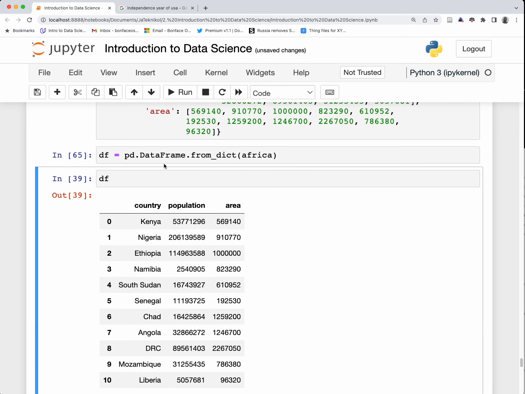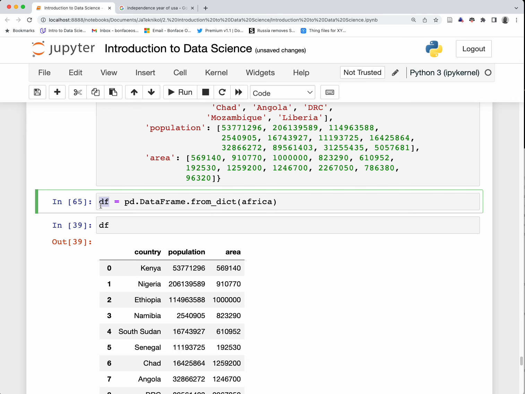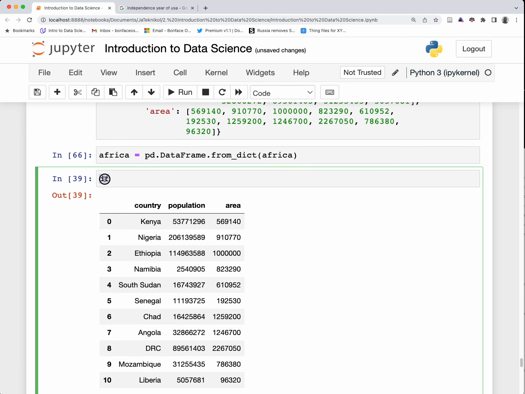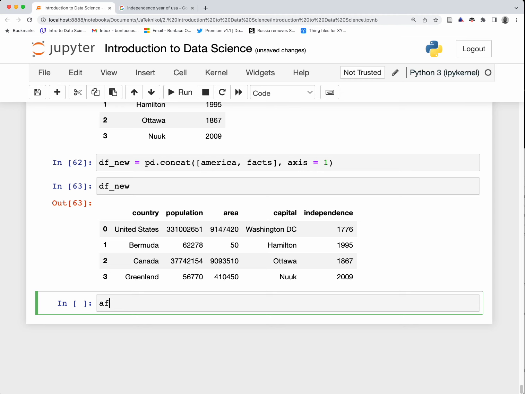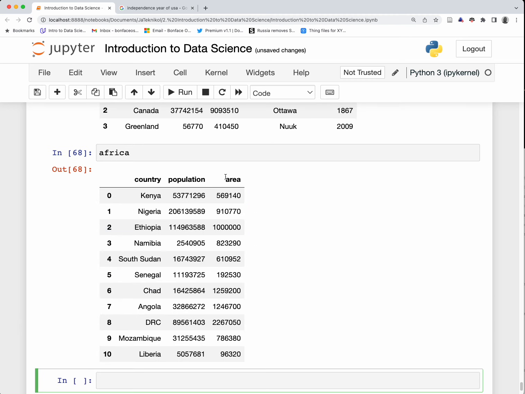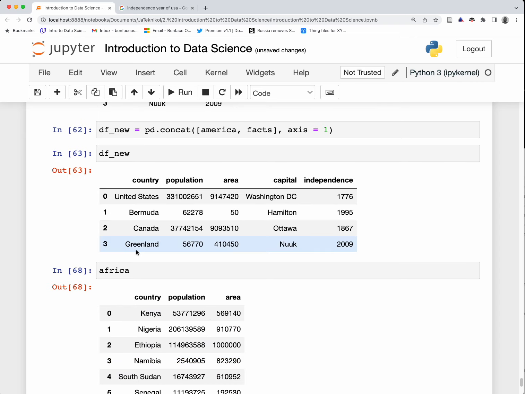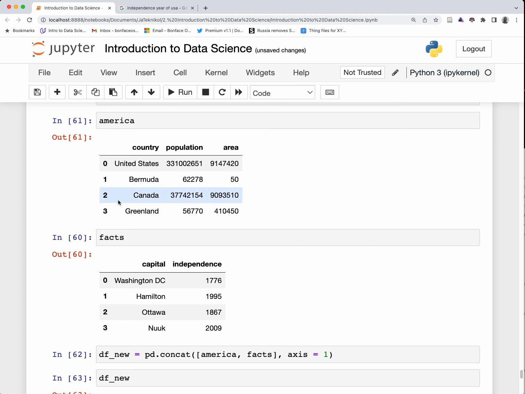Let's run it, and instead of having it as df, let's have it as Africa, and then run it. Make sure that you rerun it so that we can call it down here as Africa. So we have got the first data set that contains countries in Africa and the population, and then I want us to consider this data frame that contains countries in North America,